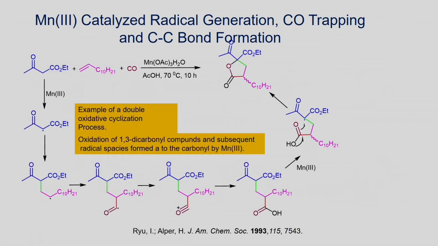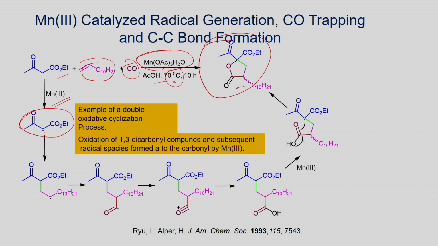Here is another example shown: the coupling of this beta keto ester with this alkene and carbon monoxide, in the presence of manganese acetate and acetic acid under heating, and you will be able to form this cyclic lactone as the product. The reaction mechanism is shown: when you have the manganese 3, it can be converted into, you form the radical. This can form the